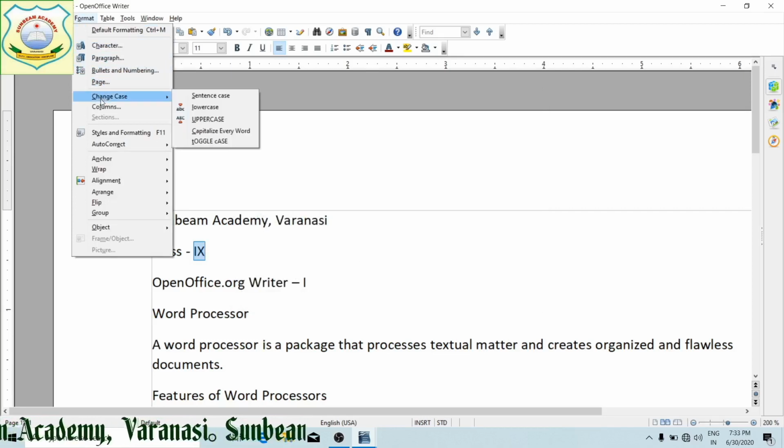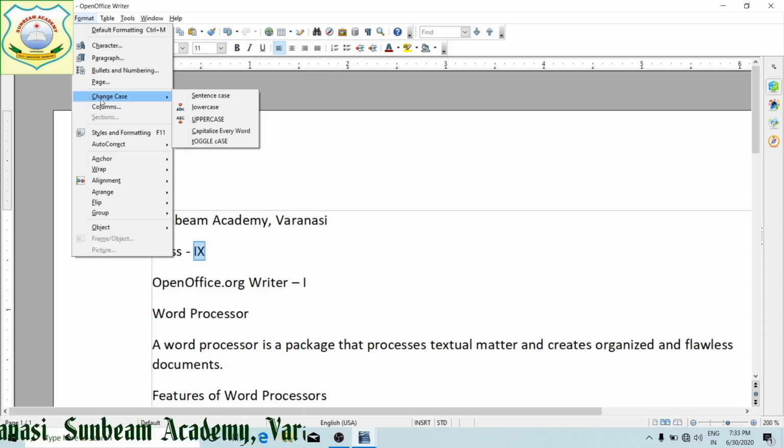Change case means we can change to sentence case, means first letter capital, rest is small of the word. Lower case, the complete text will be converted to lower case or upper case. Capitalize every word, make every word capital.